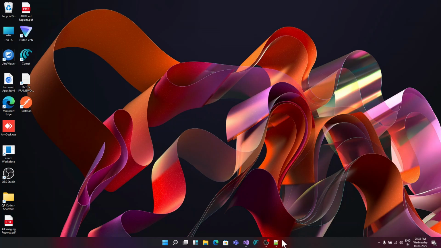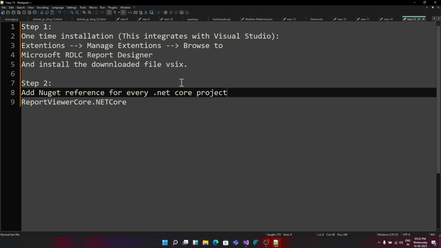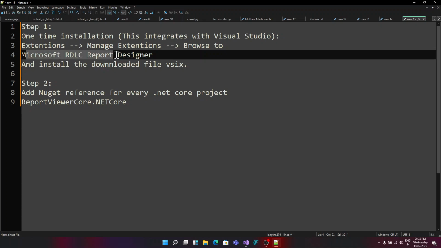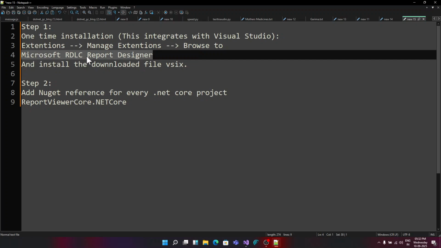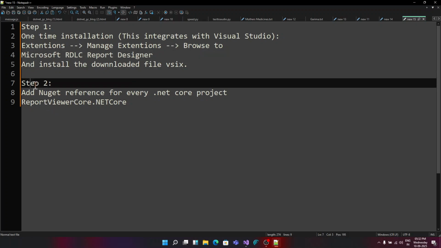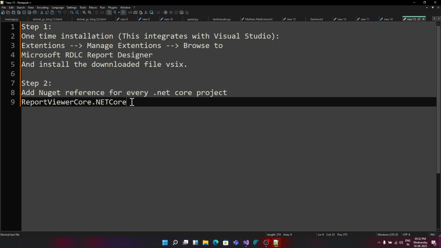So what software might you need to install? There are two things that you definitely need to install. Number one, you definitely have to install Microsoft's RDLC report designer. Okay, so number one, this has to be installed, and once you install this, it integrates with Visual Studio, and this is a one-time installation. And for every new project, you have to add a reference to this